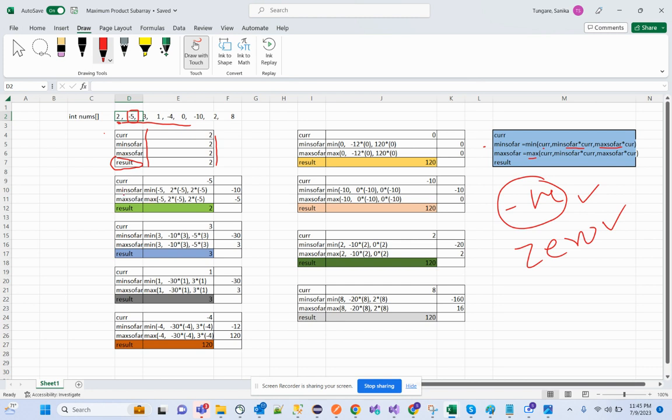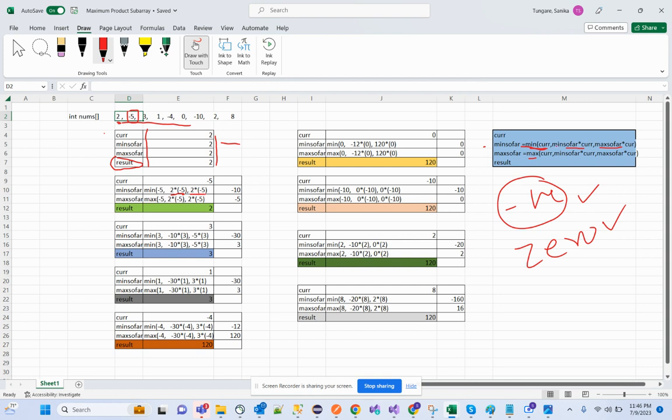So what is the mean so far? As I showed you in the formula, the blue one is the formula written. In the formula, it is min of current. What is current then? -5, because current is nums of i. Whatever is the index is the current. So current is -5, and the product of what? Mean so far and current. What is the mean so far? Here, check the previous min so far, okay? The previous min so far was 2. So the product of 2 into -5,